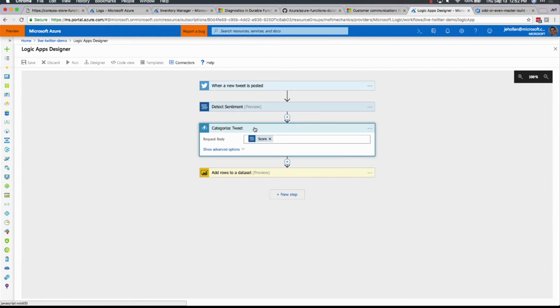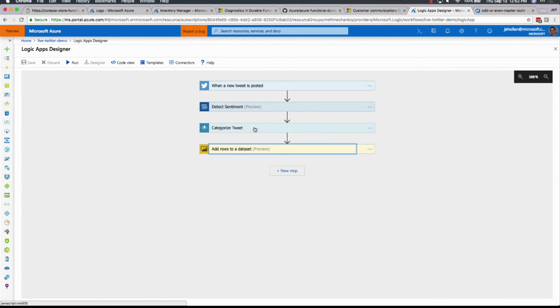Now this function could be a durable function, and in fact durable functions work really great with logic apps. That pattern that I showed before where you call it and it immediately sends back a status endpoint and then you have to check that status endpoint till it's done.